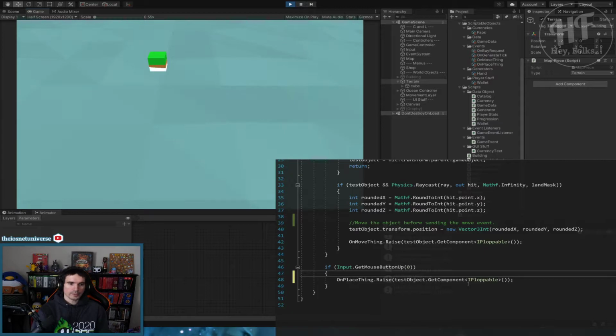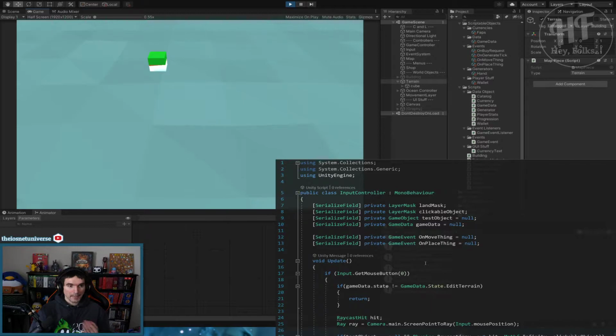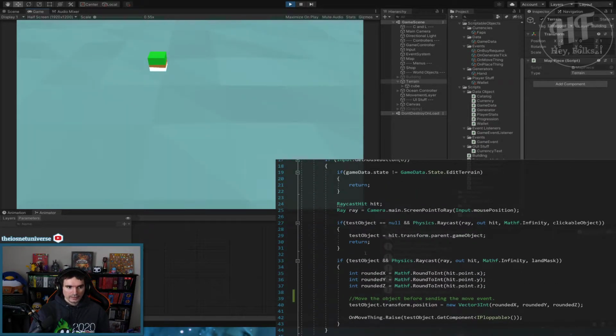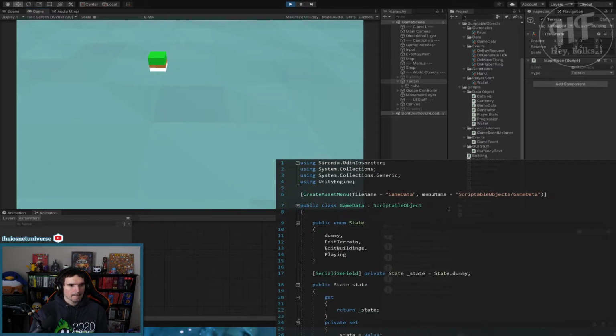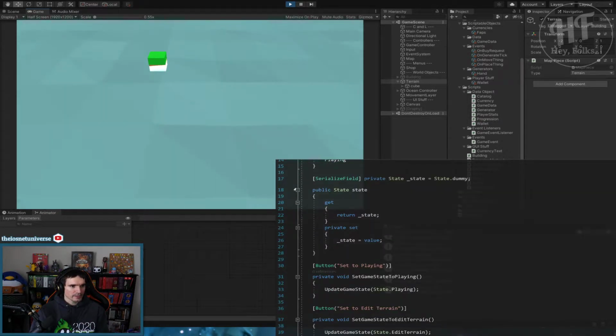And we're going to get rid of this line real quick. And what's going to happen is, if it succeeds in the map, the test object, which we'll rename later, this object will get cleared out. In fact, do we want to just make a scriptable object that simply holds a ploppable in it? That's a fantastic question. We won't do it for now. I think I'll just slip it into game data. It's a little tacky, but I don't have anything in there anyway, so